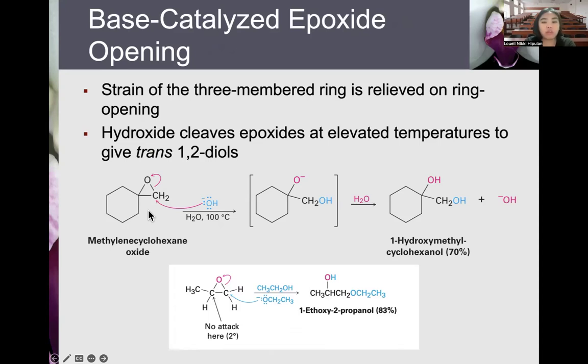So, unlike other ethers, your epoxide rings can also cleave using bases and nucleophiles, as well as acid, although an ether oxygen is normally a poor leaving group in an SN2 reaction. The strain of your three-membered ring causes epoxides to react with your hydroxide ion, especially at elevated temperature. So the base-catalyzed epoxide opening is typically an SN2 reaction in which the attack of the nucleophile, or the base here,